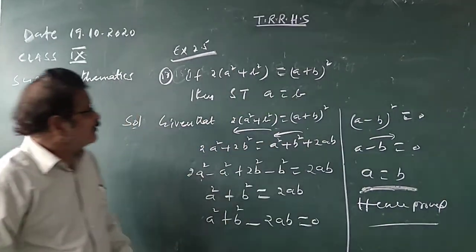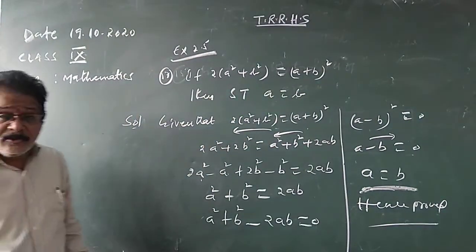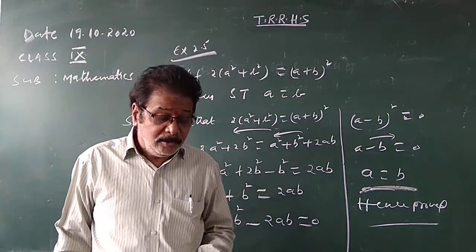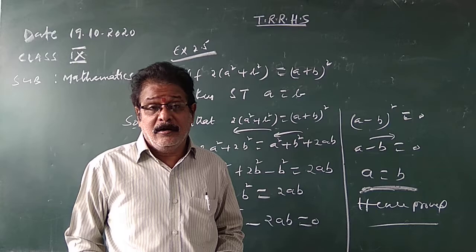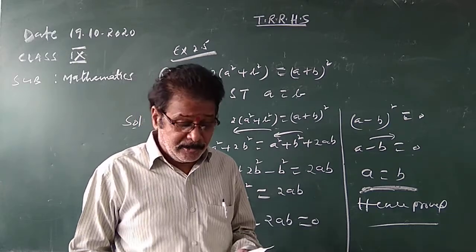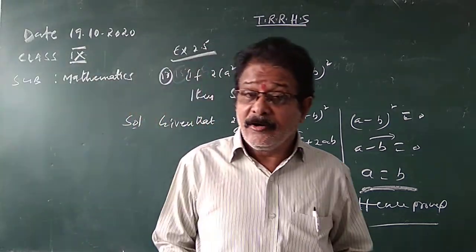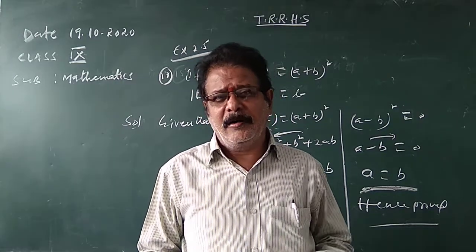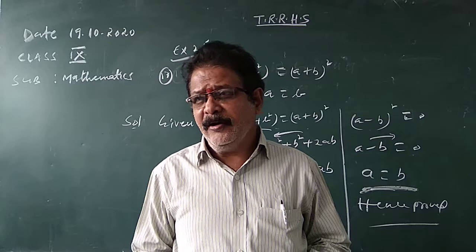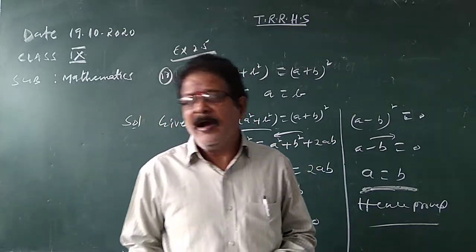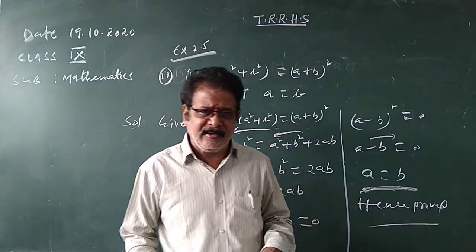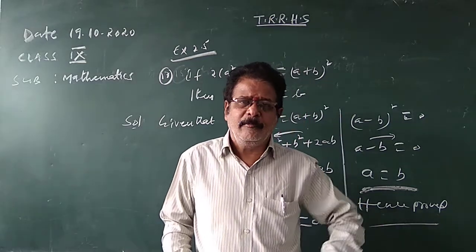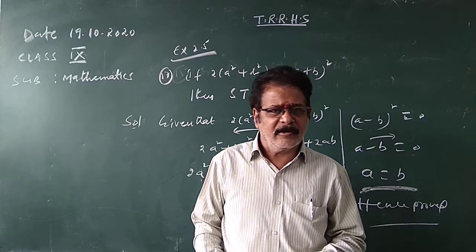So this is the last exercise of polynomials, 2.5. Different models were explained. I hope you understood. In the next class I start a new chapter, children: statistics. If anybody has not yet completed the problems of exercise 2.5, go through exercise 2.5 and work out the problems. In the next class, in the Zoom meeting, I will ask you to show your notebooks.